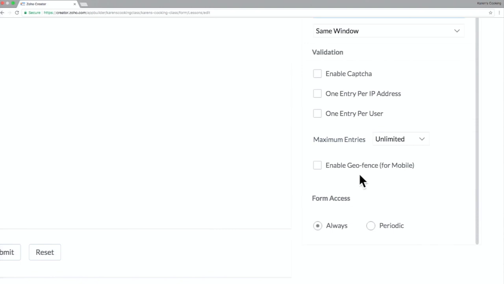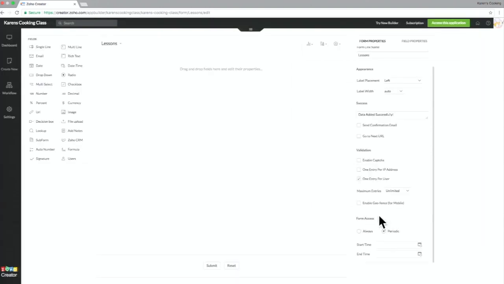And then we have form access. Using form access, you can restrict the period in which somebody can fill entries or submit the form. If you select periodic, you can specify the start time and the end time in which entries can be made. For example, if you have a form and it's public and you want it to be on the web only for 48 hours, you can do that. You can specify the date and time here. This is about form entries. Pretty much simple. You can basically change all the settings related to your form.